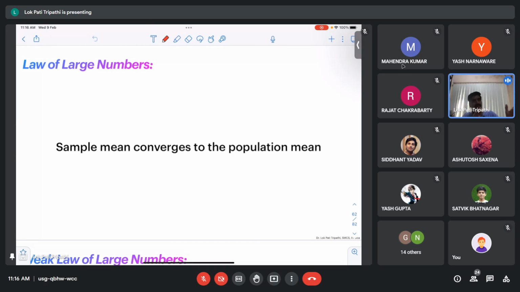If you have a probability space, suppose omega and P, and you have a random variable X on this, then you can get another probability space R, BR, where BR is the Borel sigma algebra on R, and PX, where PX is the distribution of the random variable X. Now, working in R, BR, PX is easy compared to working with the original probability space omega and P, isn't it?